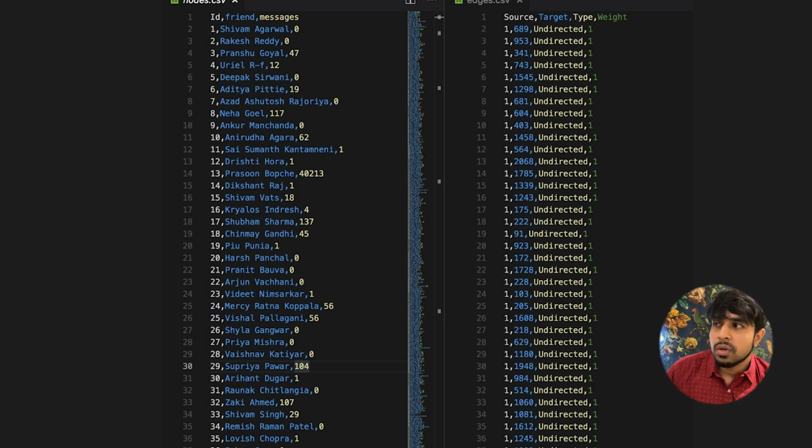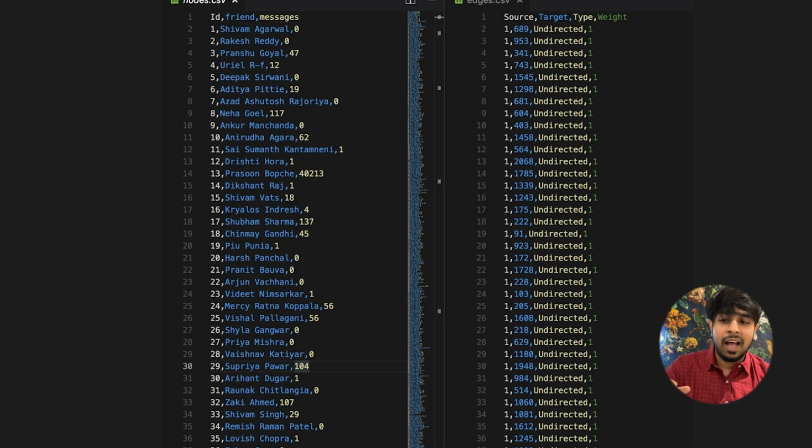So what do we see in the nodes file? We see literally the names of different people. And before the name, we have the IDs mentioned. And to the right, I have how many messages I have had with them, right? And in the edges file, we have 4 different columns essentially. You can ignore the last one because it has weight and that's just one for everything, right? Because we are just measuring